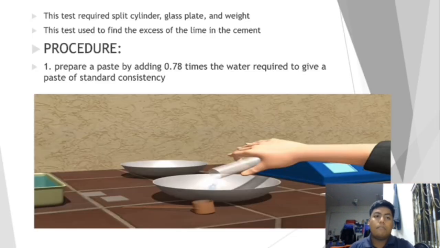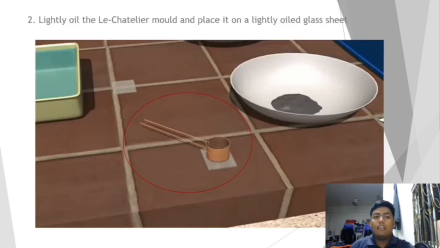This test requires a split cylinder, glass plate, and a weight. This test is used to find the excess of the lime in the cement. So firstly, we need to prepare a paste by adding 0.78 times the water required to give a paste of standard consistency. Secondly, we need to lightly oil the Le Chatelier mold and place it on the lightly oiled glass